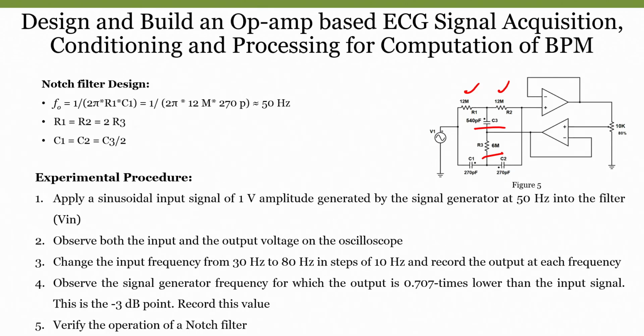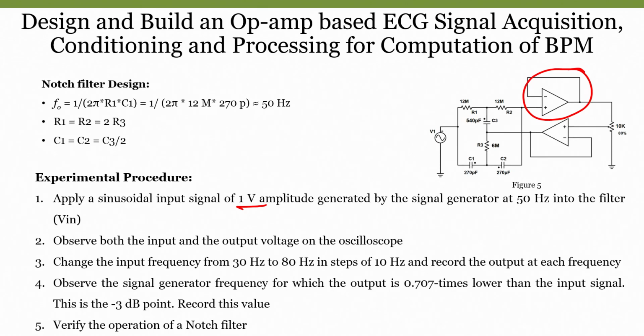So, we are taking the C3 capacitor as somewhere around 540 picofarads, right. Now, how do we test this circuit? Similar to our previous experiment, we will connect our input from the signal generator, with an amplitude of 1 volt. If we observe here, the op amps are just used to provide some buffering or impedance matching, so we are not using any kind of gain in this case. When we apply an input signal of 1 volt, we get an output also of 1 volt.